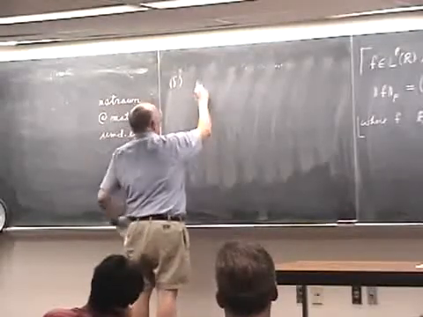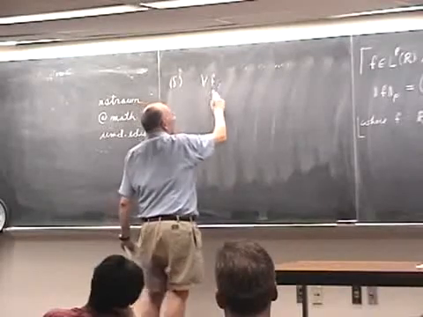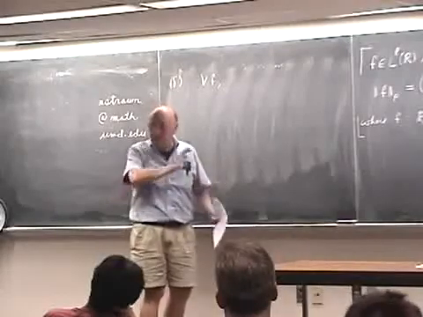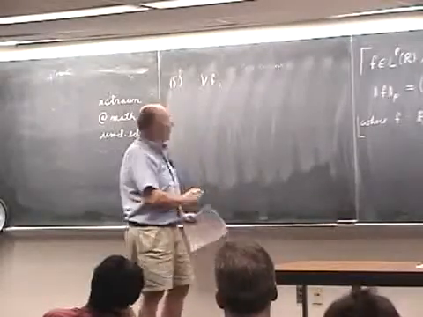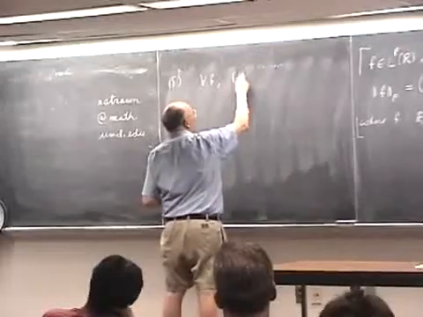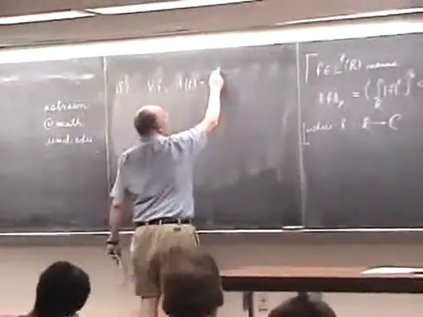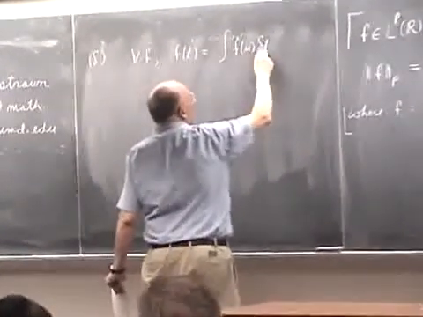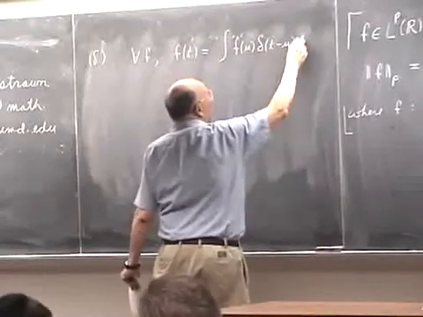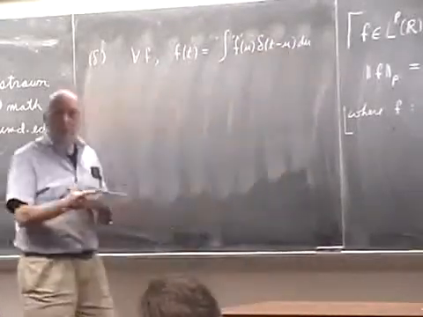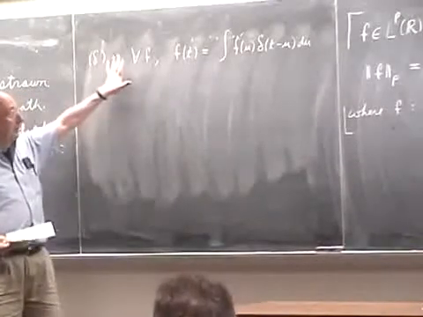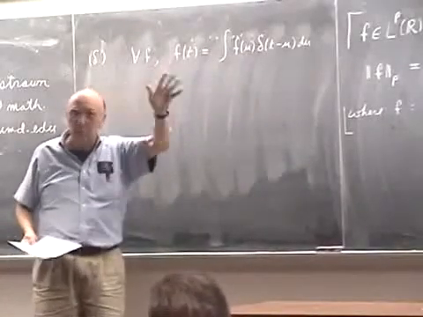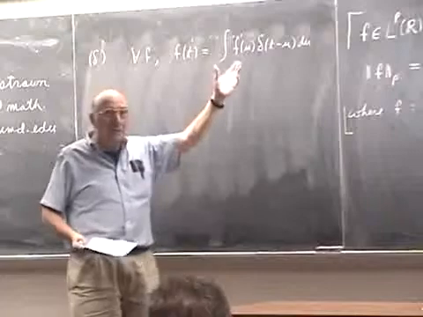So delta says that for all f, so this is not precise mathematics, but it's what drives this particular formula, which is very useful to us. For all f, f of t is equal to the integral of f of u delta of t minus u du. Okay. We're saying that there's some object, delta, that has this property. Well, if you think about what an integral is, forget Lebesgue's, your old Riemann integral, what that says is that